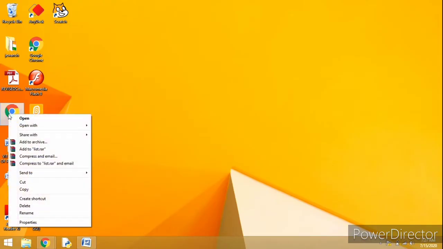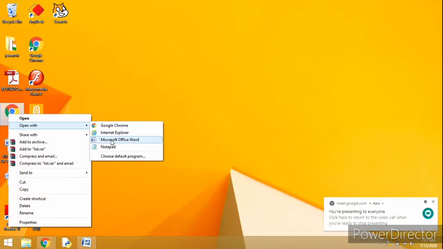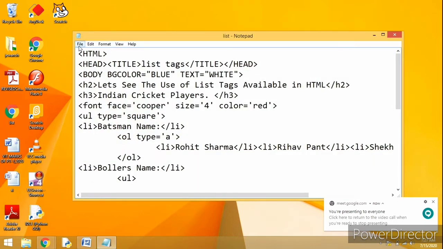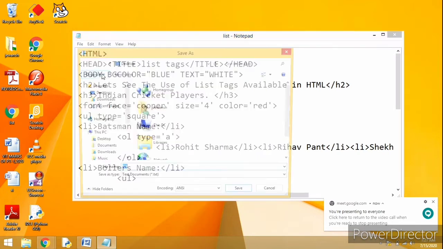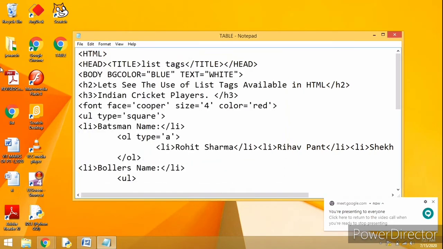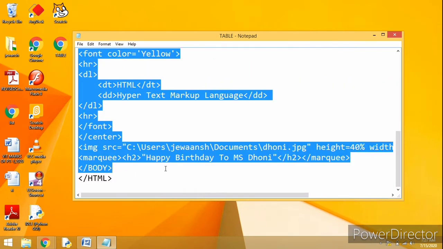Let me show you how to create the table. Let us copy this one file and save as. Now I am writing table.htm, and here I am going to remove all my data.